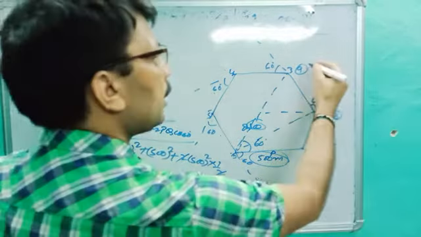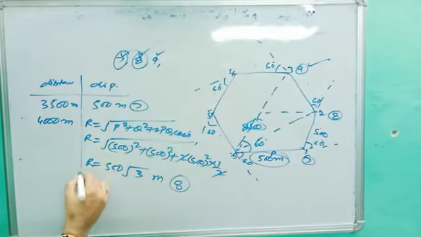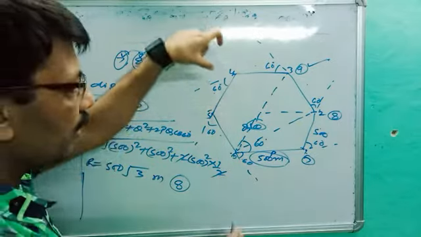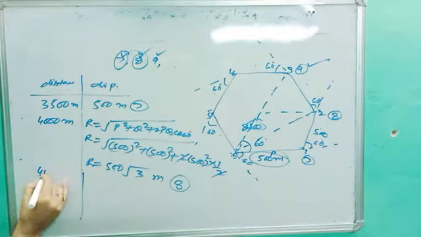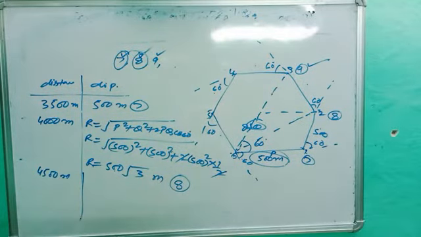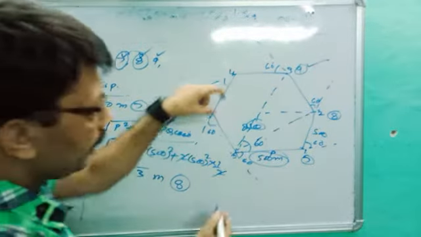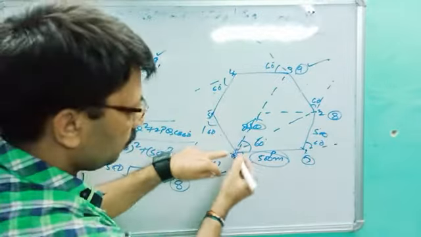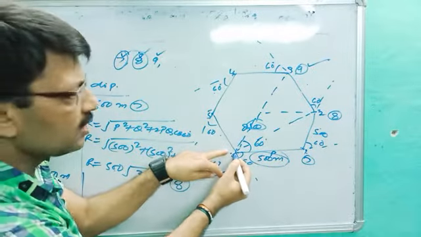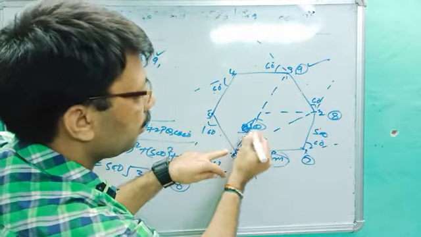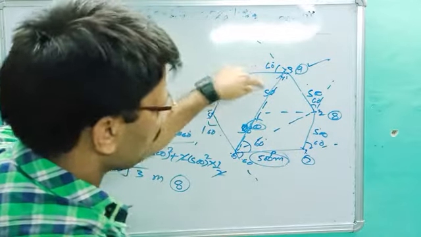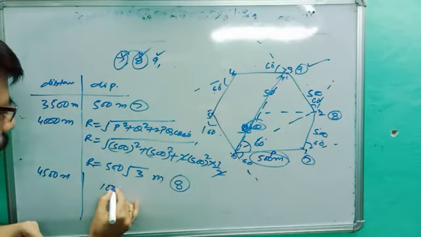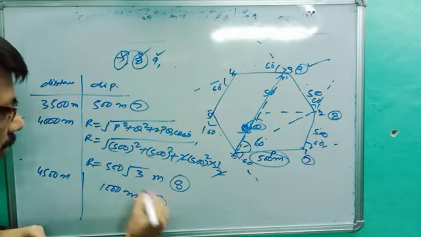Okay. Now the 9th turn. What is the distance? As you know, 500 will be added again, so it will become 4500 meters. And what is the displacement? Directly we go from 6 to 9. Our journey will stop at 6. From 6 to 9 this is 500. This is an equilateral triangle, so this is 500. No doubt this will be 500. So directly we go through this one: 500 plus 500, so it will be 1000 meters. This is the answer for the 9th turn.